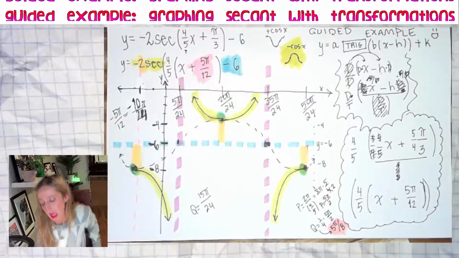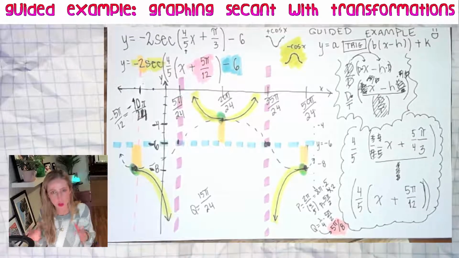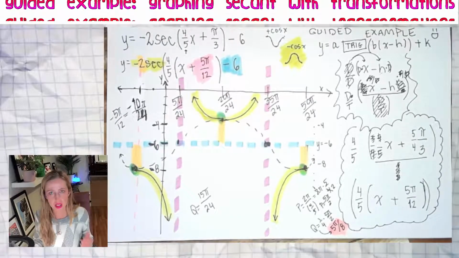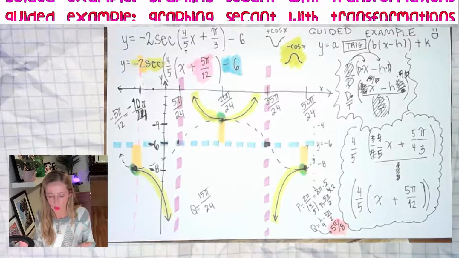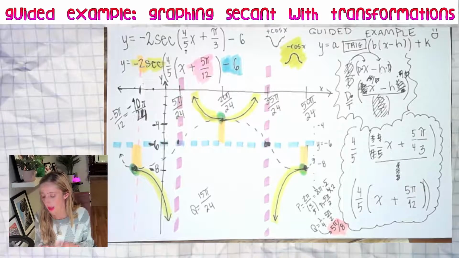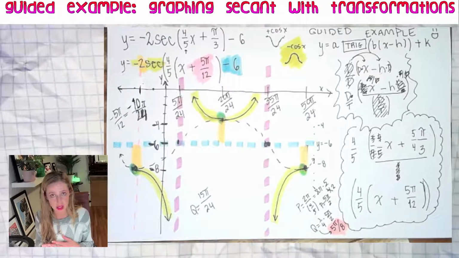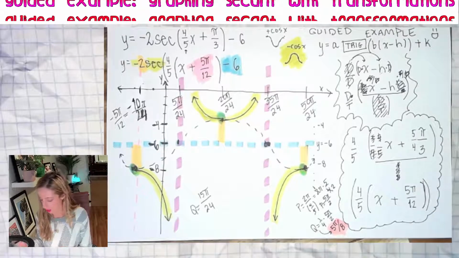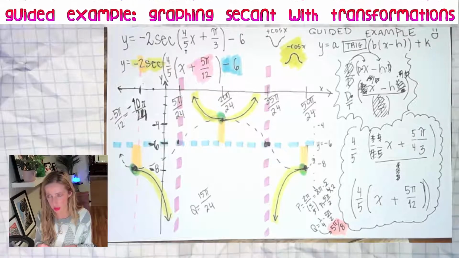Right, everybody, let's take a minute and work out what the domain and range would look like for this example. Previously, we went over domain and range in the parent function of secant theta, or y equals secant x, and now we're going to put our understanding of domain and range to the test and see how we do. However, before I get too into it, I just want to go over a few symbols for the expression